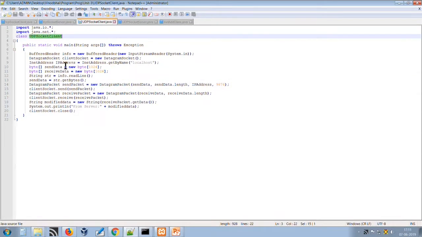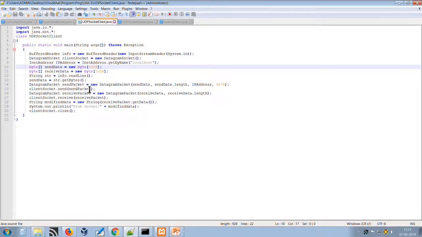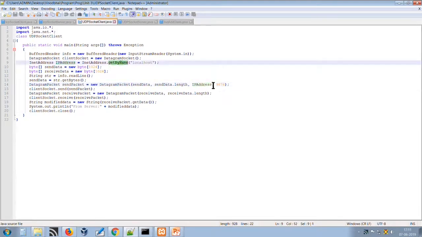Here in this class, we have an array of bytes to store the data and send it to the server. We are reading the bytes from the string, and then after sending the data, see here, send data is the instance of DatagramPacket. We are sending the data, its length, the IP address we have received using getByName of localhost, and the port on which the server is listening.